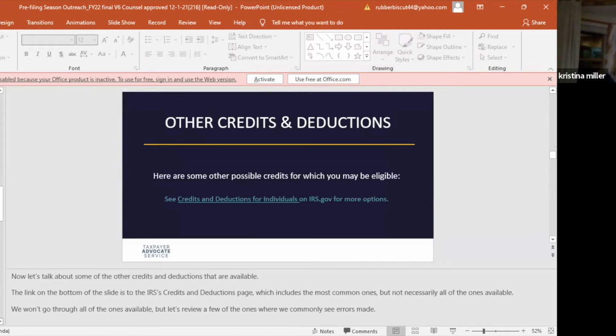Okay, some other credits and deductions. If you go to irs.gov, it outlines a whole bunch of other credits and deductions you may be entitled to. Some you might not even be aware of, but it's a good reference to go to when completing your own tax return to see if you might be eligible for it. Some people might just know off the top of their heads, yep, this one. But if you go to that irs.gov website on the credits and deductions,